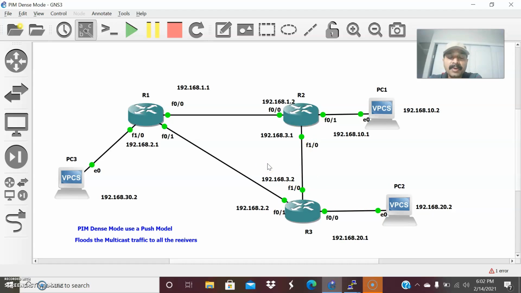These are the key points you have to keep in mind about dense mode. The first thing is it follows the push model. It pushes the multicast information to all the receivers, and the receiver which is not interested in receiving the multicast traffic will be automatically pruned. And the third thing is reverse path forwarding. That is, it always prefers the shortest path, and whenever a multicast packet is received on an interface, you always check the reverse path toward the source. These are the key points you have to keep in mind about PIM dense mode.